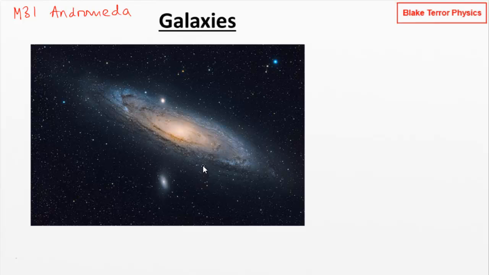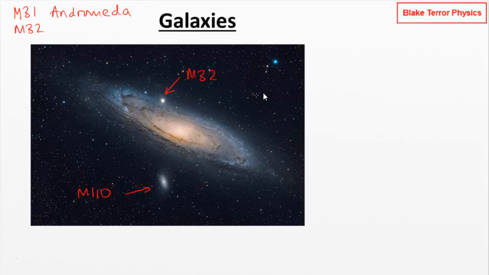But we've actually got two other Messier objects in this picture as well. We've got this little blob here. This is a satellite galaxy of the Andromeda galaxy. This is M32. That is actually an elliptical galaxy. So we're already seeing here two main types: spiral galaxies and elliptical galaxies, which are more circular affairs, spherical affairs, I should say. And then we've got another galaxy down the bottom here, which is Messier 110. So that's three Messier objects in one picture.